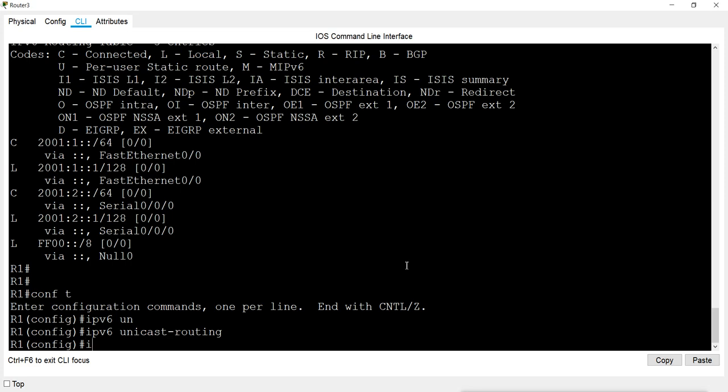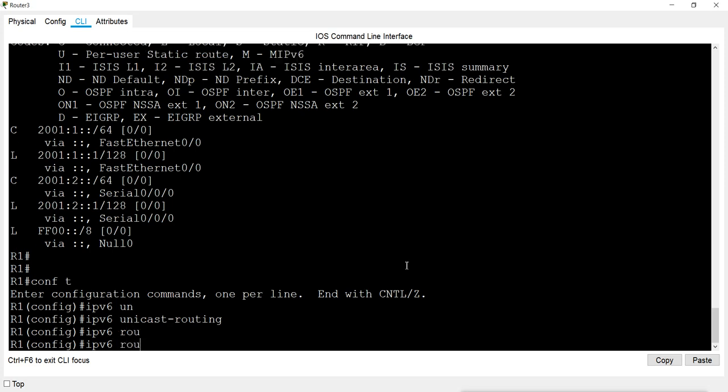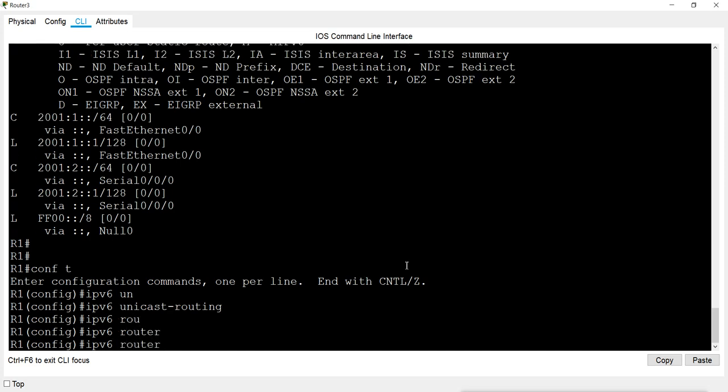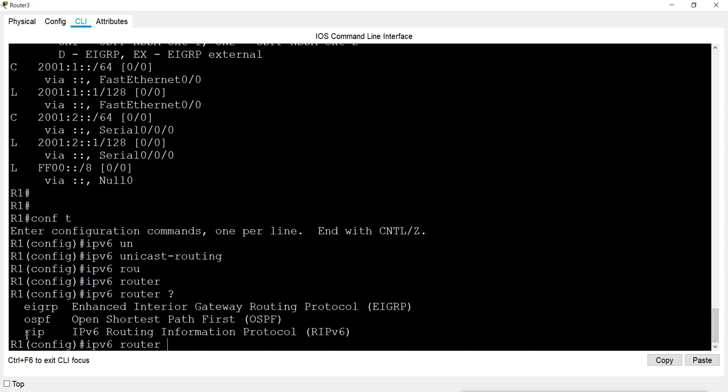Now I will mention ipv6 router. Normally for IPv4, the router command is router and then the routing protocol name. But for IPv6 dynamic routing, we mention ipv6, then the router command, and when you give a question mark, it shows which routing protocols you can use.